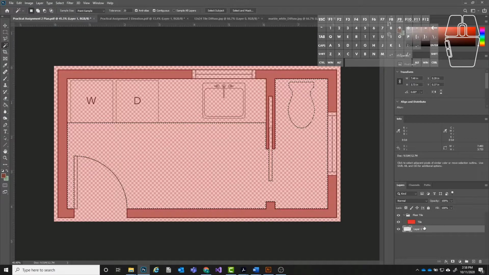But if I were to go to a different layer and use it, it's selecting the whole thing because it's no longer looking at the actual line work, it's ignoring it. So it just goes by layer then. So I want to go here to layer 1, deselect everything, make sure that is turned off for right now,